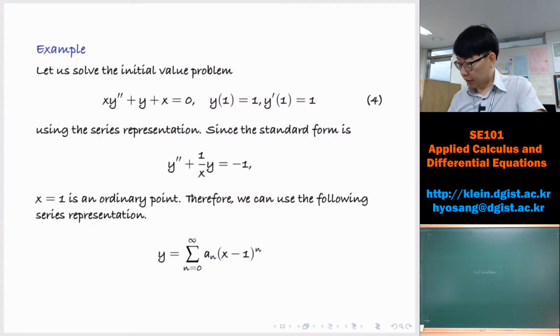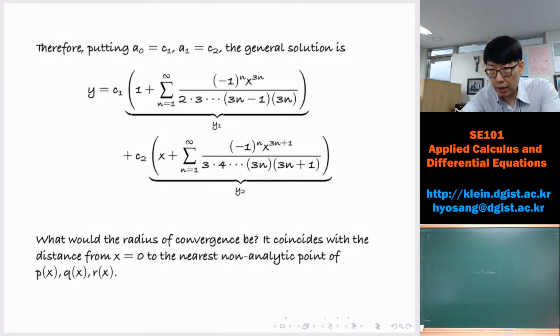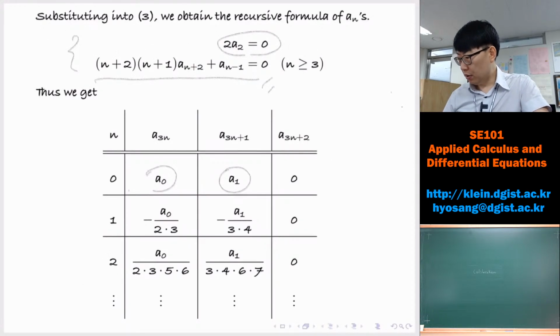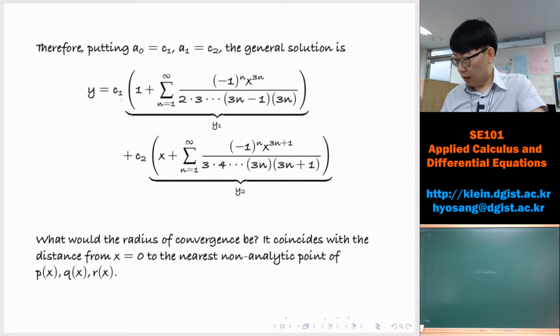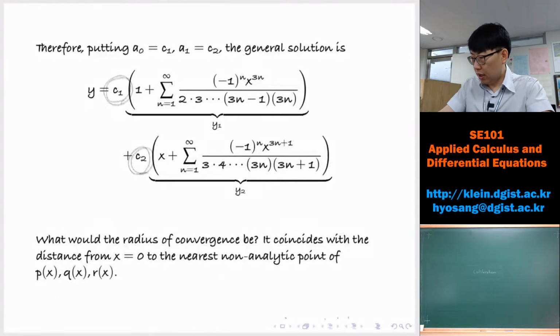So I also asked, now what if I have an initial value condition not at 0 but at 1? If you had an initial value condition at 0, then your solution, which has parameters C1 and C2, can be made into a particular solution. Just plug in x equals 0, because you have a power term x to the power n. If you plug in 0, then everything disappears except for the first few terms,